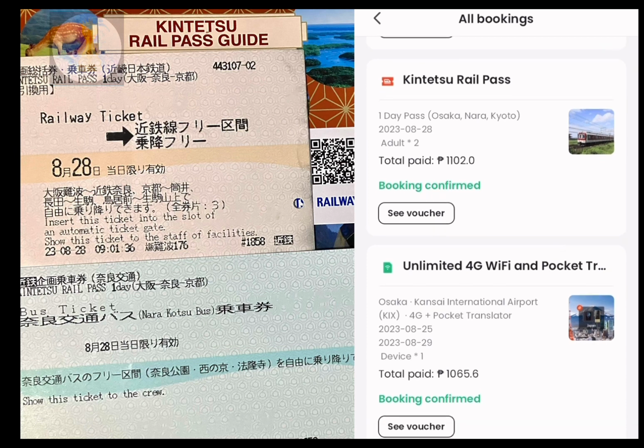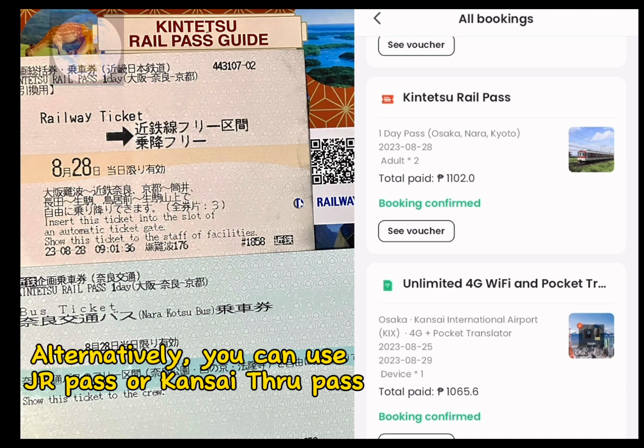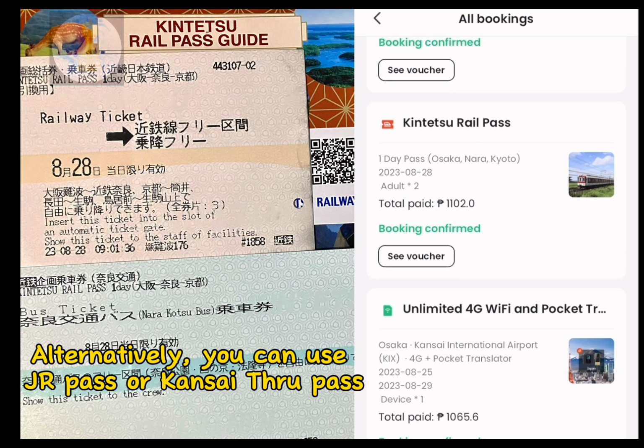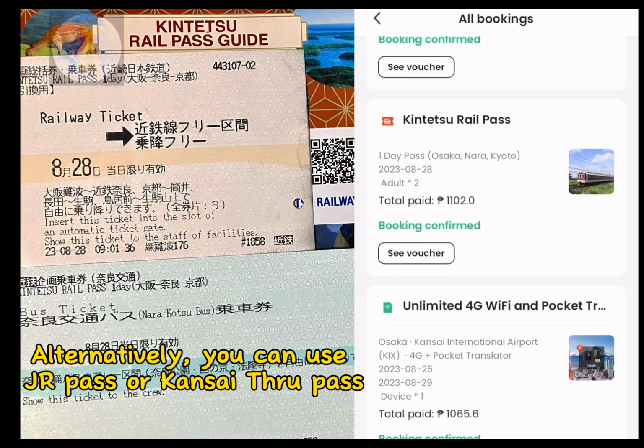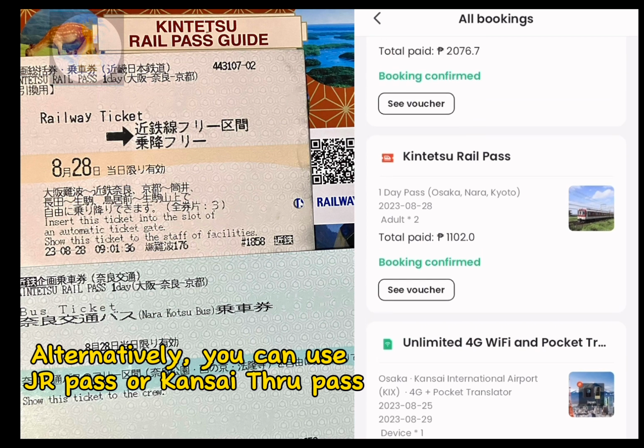Okay, so now it's for Kintetsu Rail Pass. Actually, when you plan to go to Nara, Nara is being served by Kintetsu Railway and West Japan Railway, the JR West. So you can have either Kintetsu Rail Pass or JR Pass. You can also use Kansai Thru Pass. For Kintetsu Rail Pass, we managed to book through Klook, this one for a little more than 500 pesos or